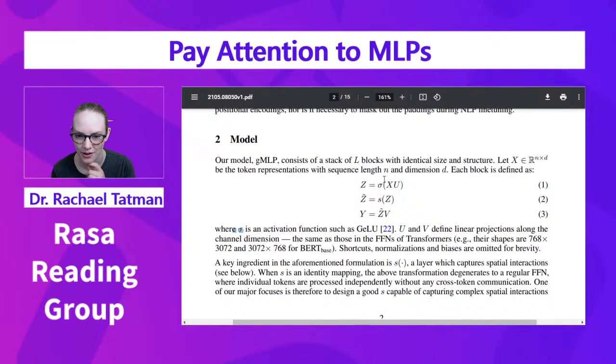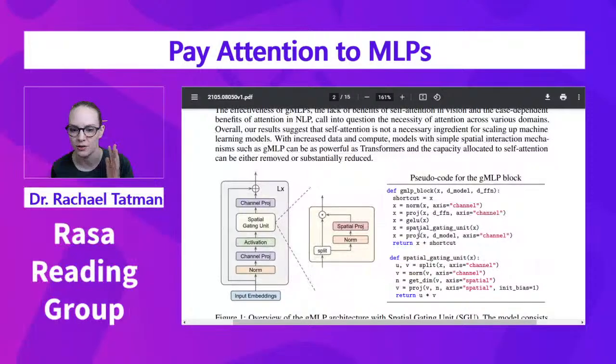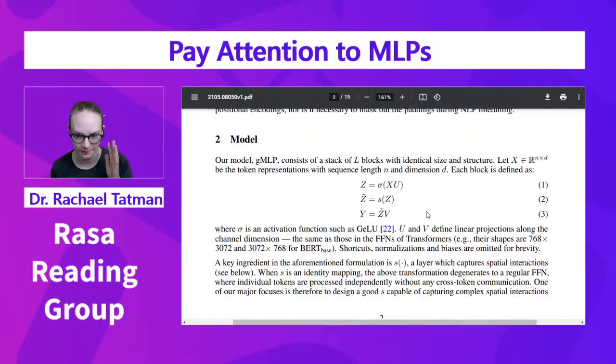Yeah. Okay, so sigma of XU, where X is this token representation, right? So these are your embeddings, your pre-trained embeddings, or whatever they are. I guess you're in the process of training them. So your embeddings, one embedding per token, that's being put in, and then you take the activation function, such as GELU, which is what this one is. And that's from another paper, so that's not new to this one. And then